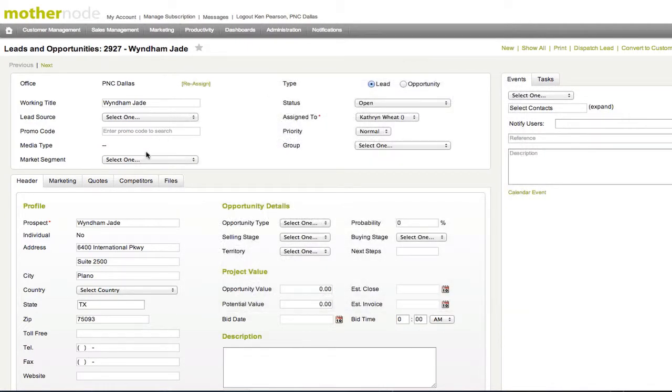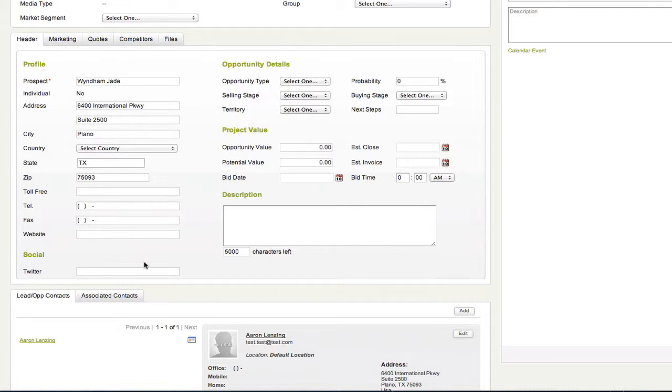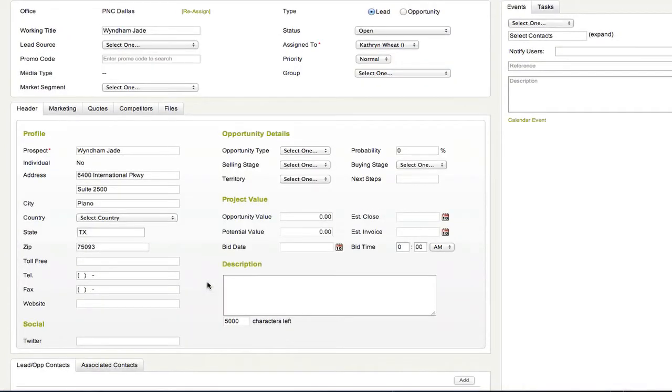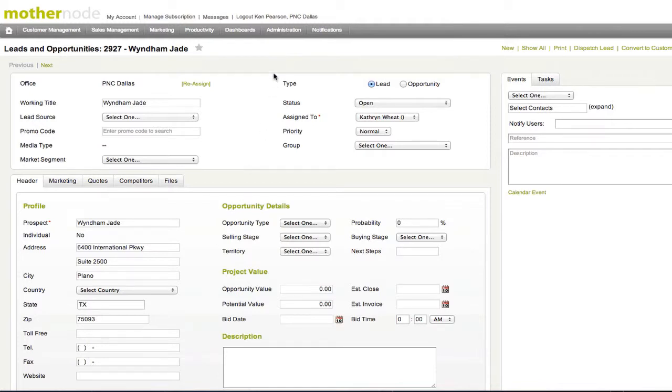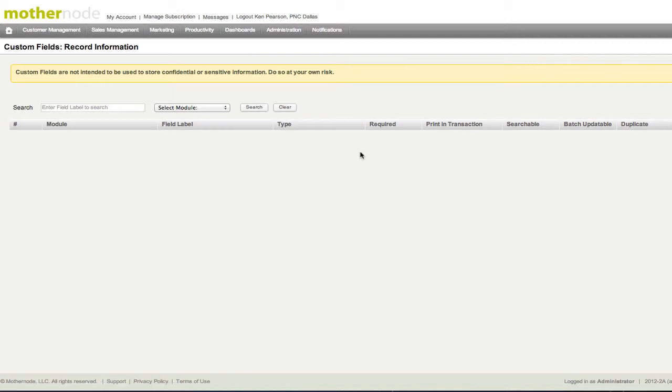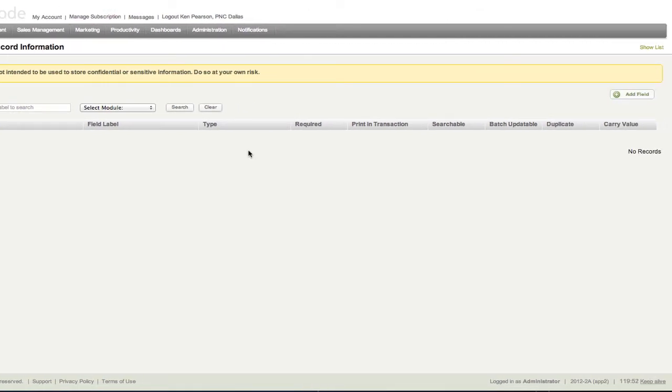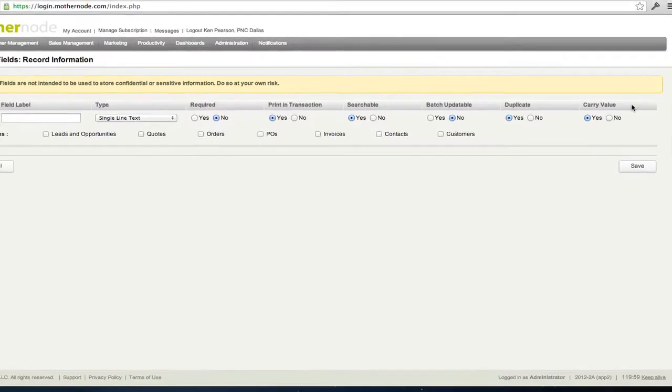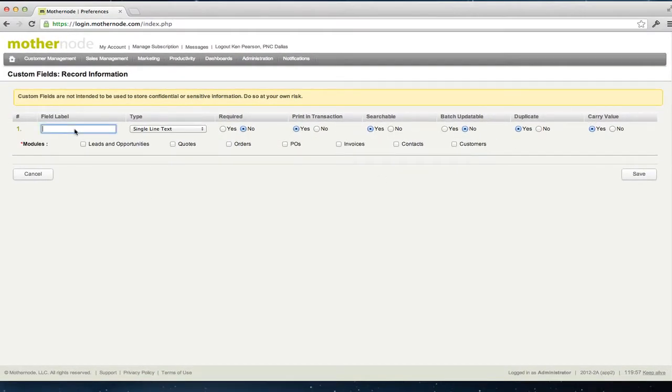So down below, what we want to do is add the cost of this lead, which doesn't exist, so we need to make a custom field for it. So let's take a look at how we do this. Go over to the Administration tab, go over to Custom Fields, and now you can see that we don't have any custom fields in our list, so we're going to go ahead and add one. Click over here on Add Field, and the first thing I want to do is give it a label. So I'm going to go Cost of Lead,